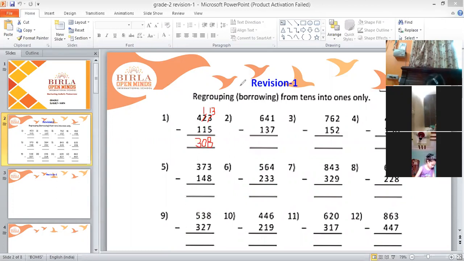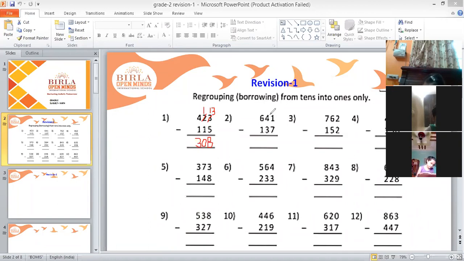Yes, Aryan. I know, ma'am. Tell me. 4. Yeah, very good. That's correct. So we will take 110. Krishika and Dhriti Rati, now pay attention. So we will take 110 borrow from the number in tens place, and in tens place number is 4. So what will this 4 become, Aryan?